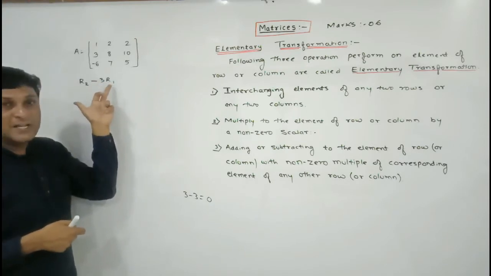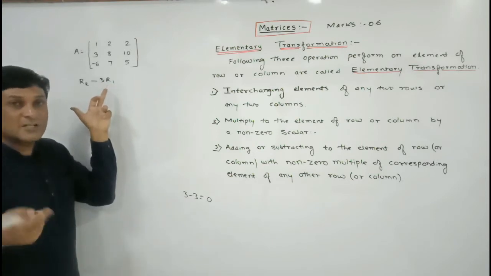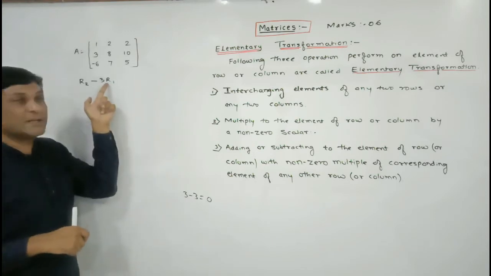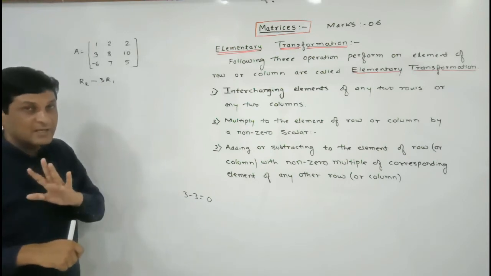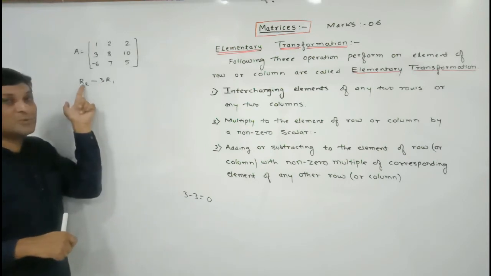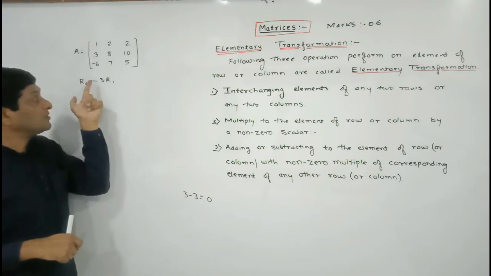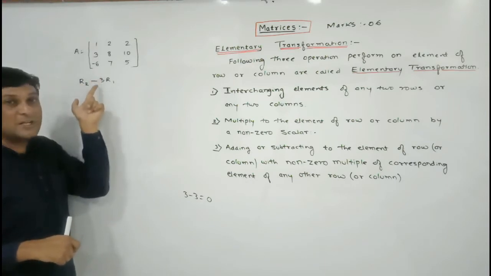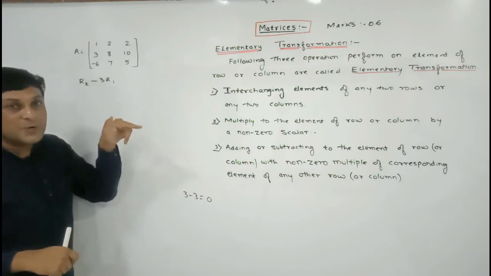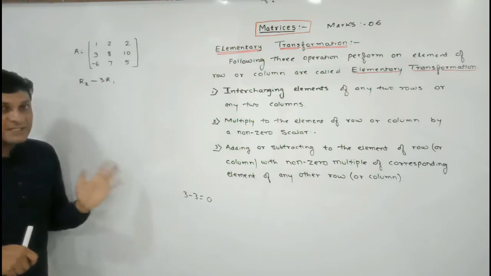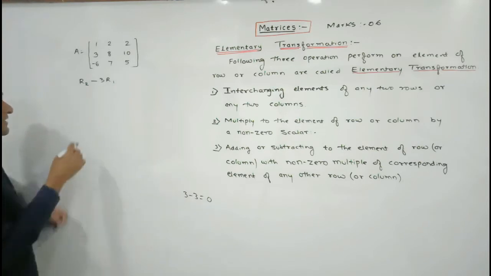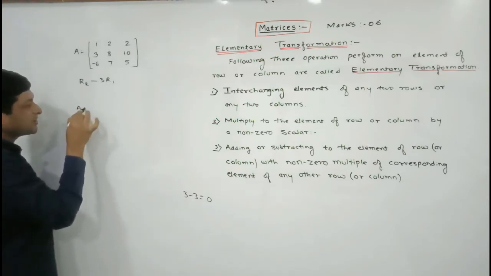ऑफ करस्पॉन्डिंग एलिमेंट, किसी और रो का करस्पॉन्डिंग एलिमेंट यूज करना है, तो हमने कौन से रो का करस्पॉन्डिंग एलिमेंट यूज किया है यहाँ पे, R1 का. Meaning we are subtracting to the element of R2 with a non-zero multiple, which is the multiple here, 3, of the corresponding element of another row, which row we are using here, R1. Is it clear? Let us see what result we will get here if we are performing this operation on element